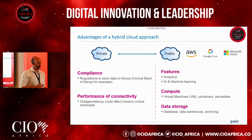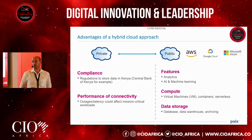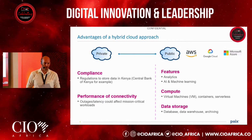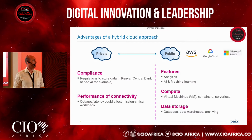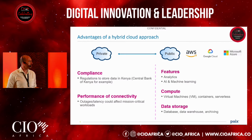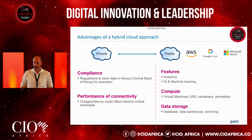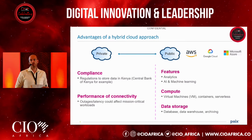So, just going back to this hybrid cloud approach, which is in fact the approach that most companies use, because it offers really a flexibility and the best of both worlds between the private cloud and the public cloud. And what I'm showing here on this slide is just a few examples of the benefits of each architecture. So a private cloud, and we've talked about it in the previous panel, is very helpful to respect local regulation